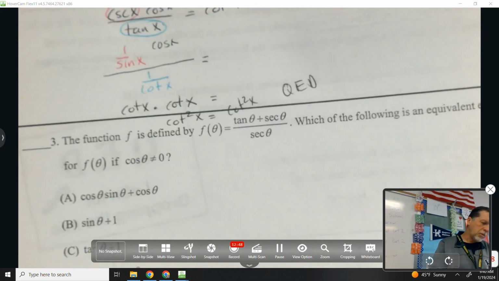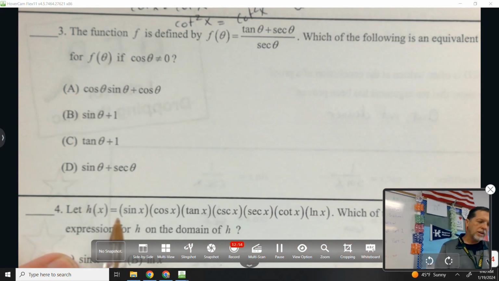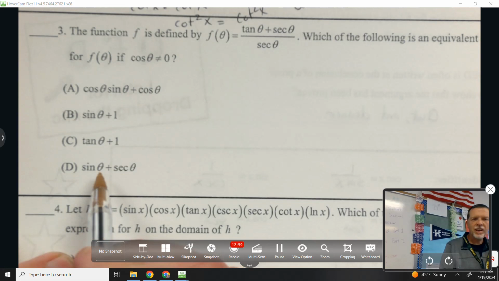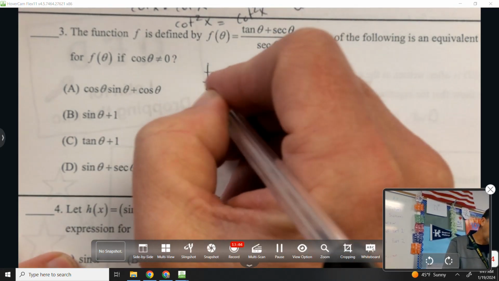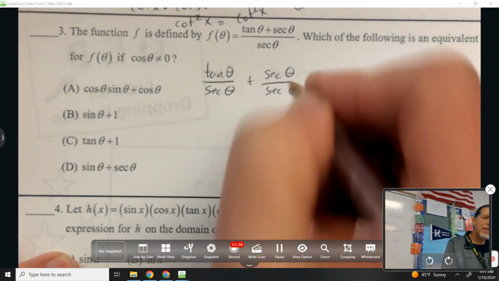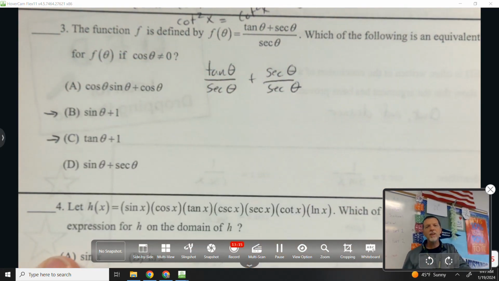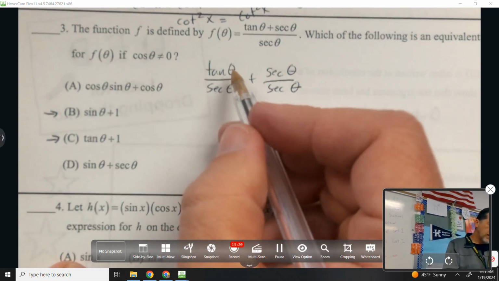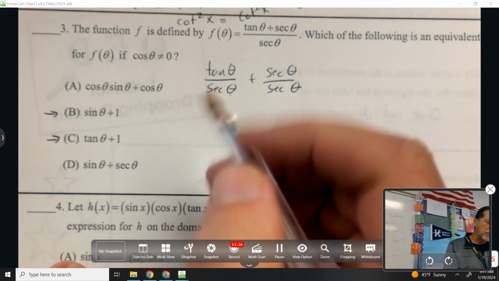Okay, number 3. Number 3 is not a proof. It's more like if we start with this, which one do we end up with? I look at my answer choices, and I see some plus ones, and I see secant over secant. So I'm thinking I'm going to split this up like that. There's my plus 1, so I'm leaning toward B or C. Tangent over secant. Well, there's no way that that's equal to tangent, so it's probably B, but let's